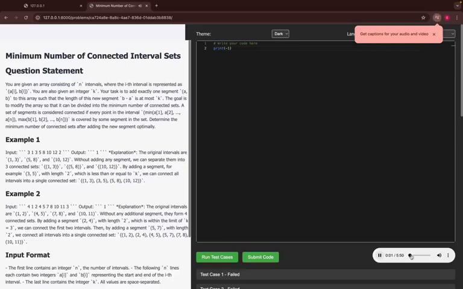Discuss the following problem. The minimum number of connected sets after adding the new segment optimally. Could you walk me through how you would approach solving this problem? Sure. To start, I would consider a naive approach where we don't add any new segment. We can sort the existing intervals based on their start times and then iterate through them to count the number of connected sets by checking for overlaps or adjacencies. Each time there's a gap between intervals that's larger than 0, it would be an efficient way to handle multiple gaps and determine the optimal placement of the new segment, especially considering the sort in log n, and the subsequent